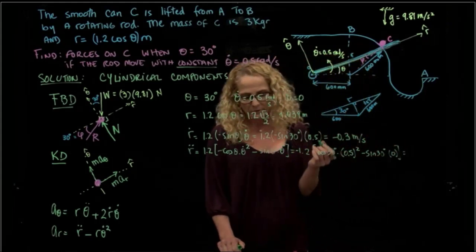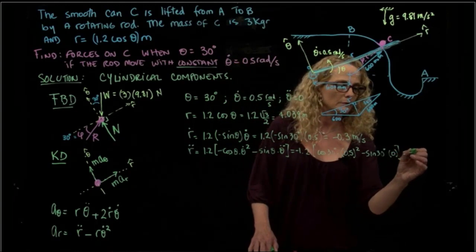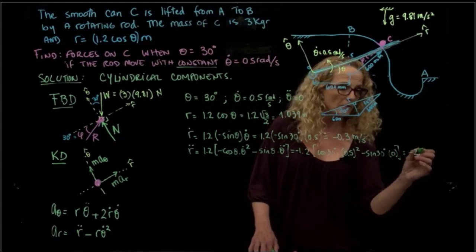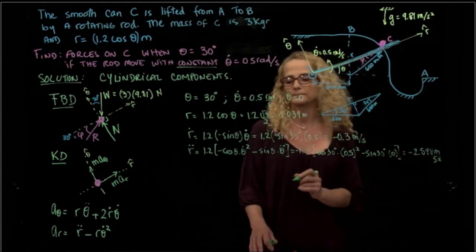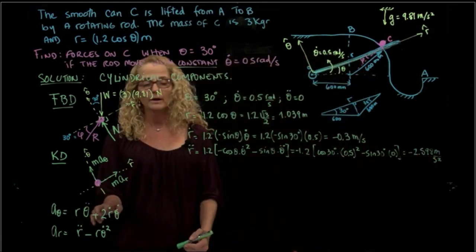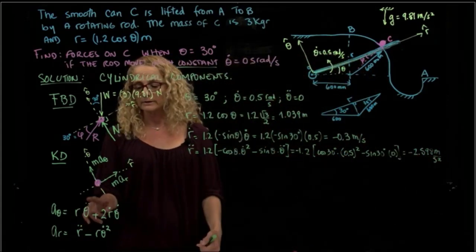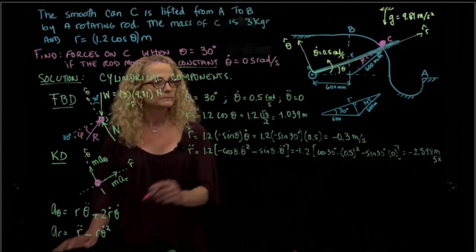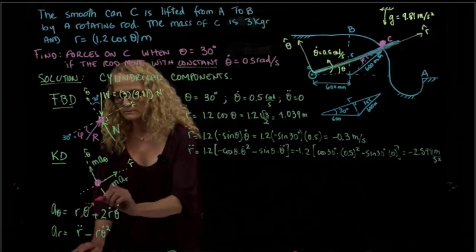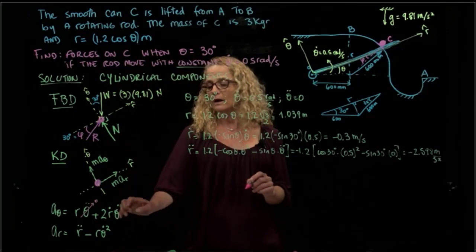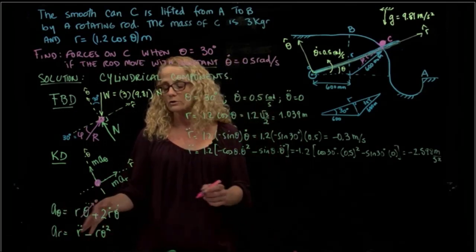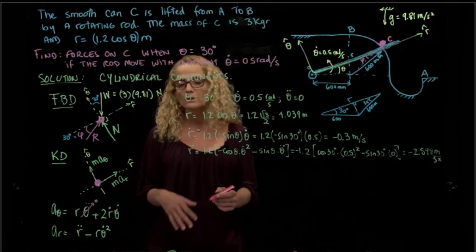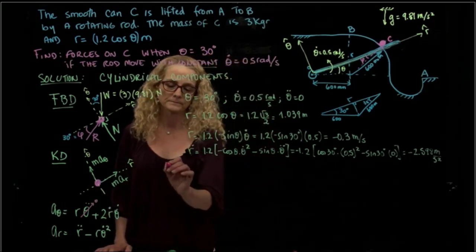And if we evaluate those, we get negative 2.598 meters per second square. We have r, we have theta two dots, which is 0. We have r dot, theta dot, r two dots, and r,